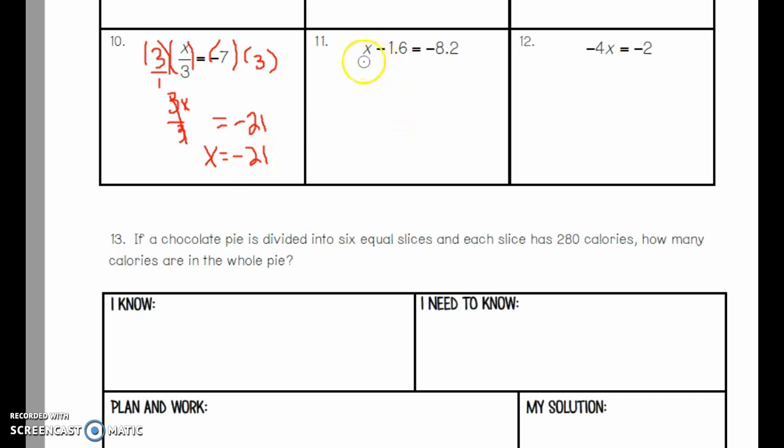Number 11, x is subtracting 1.6. What's the opposite or the inverse of subtraction? It's addition. So I'm going to add 1.6 here. Whatever I do to the left side, I have to do to the right side. Don't forget that. That's how we keep them balanced. Now I get this. X equals,